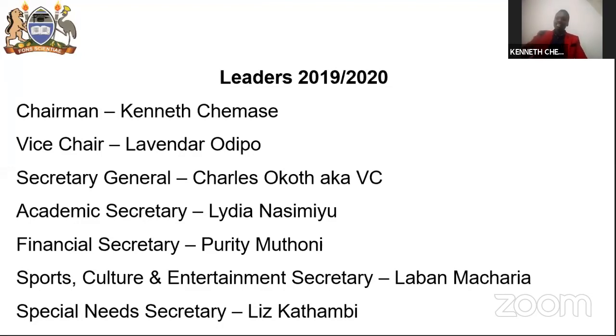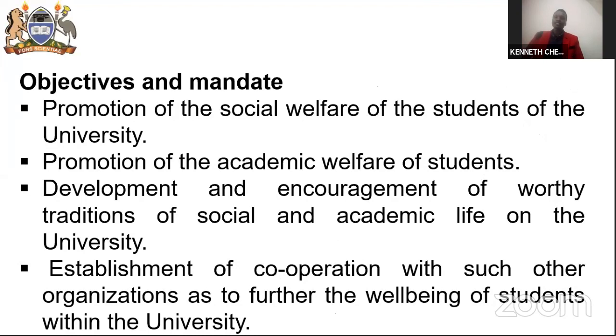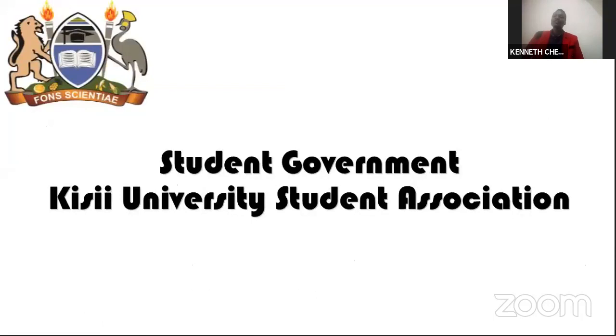But I'll just have to mention some few things about the Kisusa. One of the main core mandates of the Kisusa is actually to represent students in all the university organs. That is the championing for the rights of students. Another main core mandate of the Kisusa is actually to foster the spirit of togetherness and understanding and good relationship between the management, the students and the community at large. And